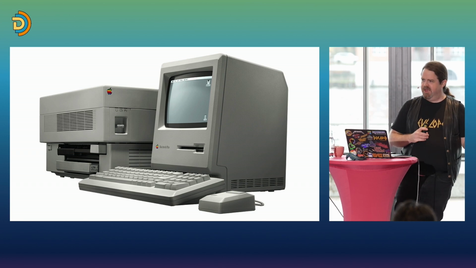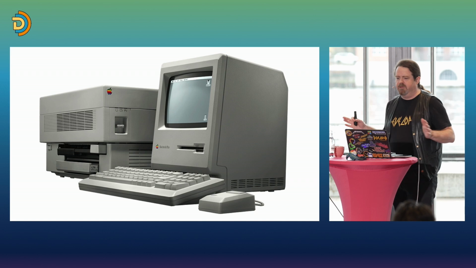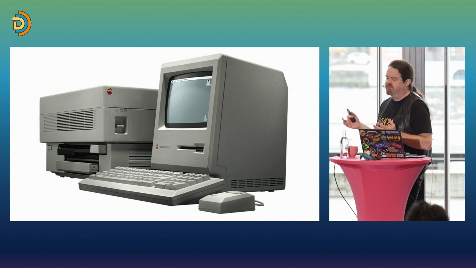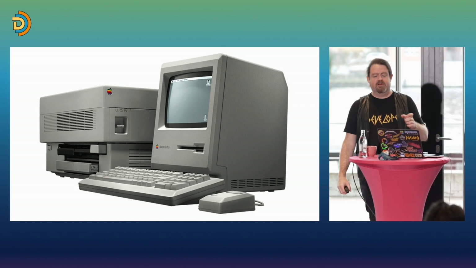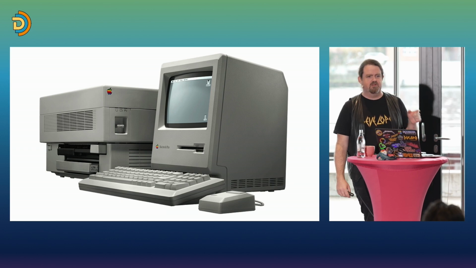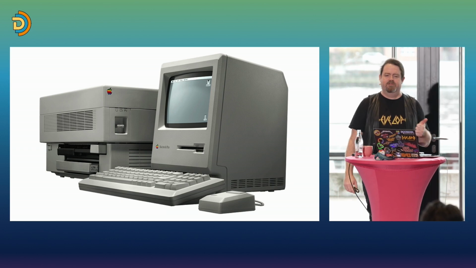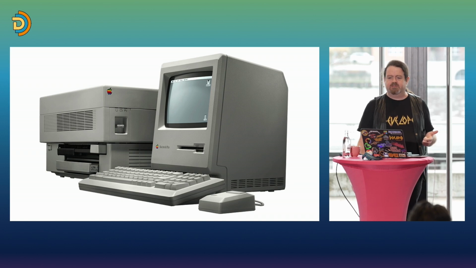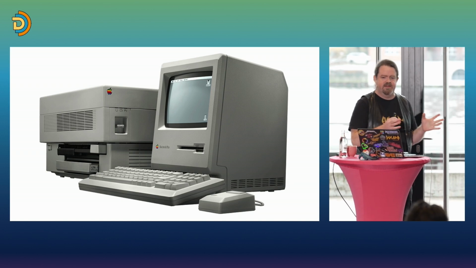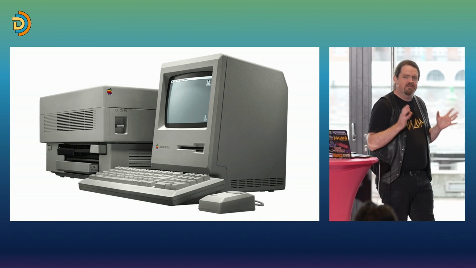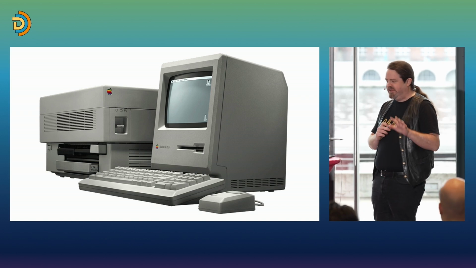But the most powerful computer that Apple sold in 1984 was not the thing on the right, it was the thing on the left. Because the thing on the right, that is the Apple Macintosh, which had an 8 megahertz CPU. The thing on the left is the LaserWriter. It's the first consumer laser printer. It was twice as powerful as the computer next to it. 12 megahertz CPU, it had 512K of RAM, it had a 1 megabyte frame buffer, which was unimaginable in the